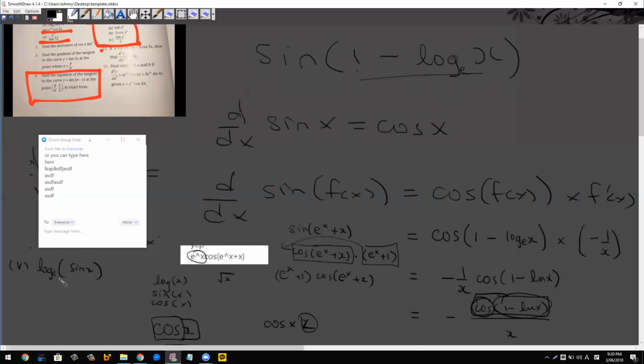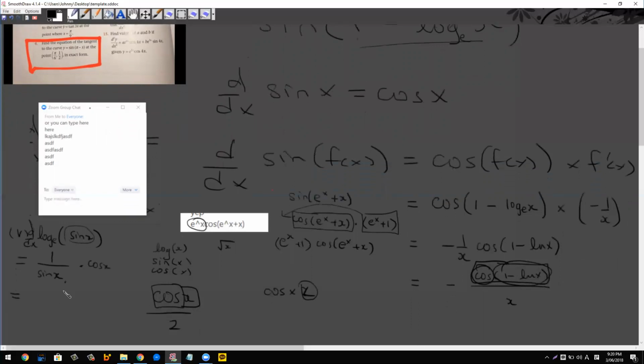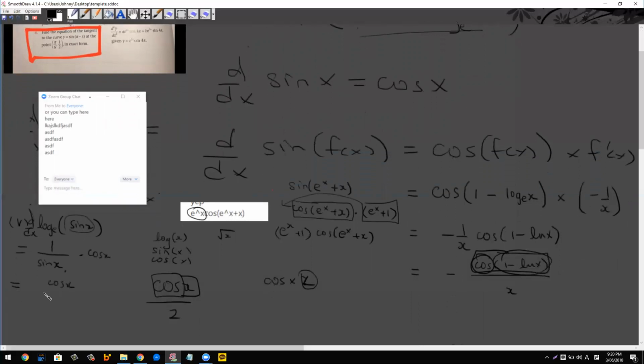Now, what is the differentiation of log? It's 1 on x, right? So when you differentiate log of x, you get 1 on x. So you get 1 over sine of x, and then times by the differentiation of this one, which is cos of x. Do you understand? So therefore, this is cos of x over sine of x, which is equal to 1